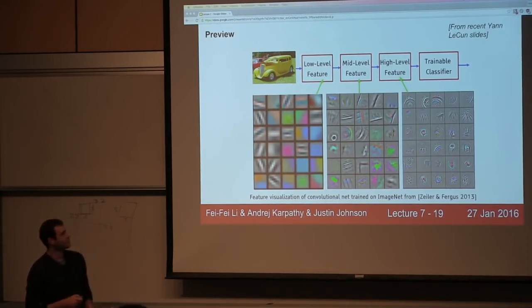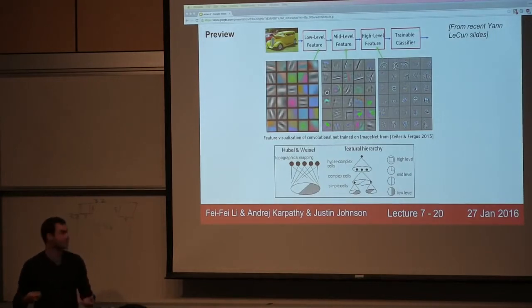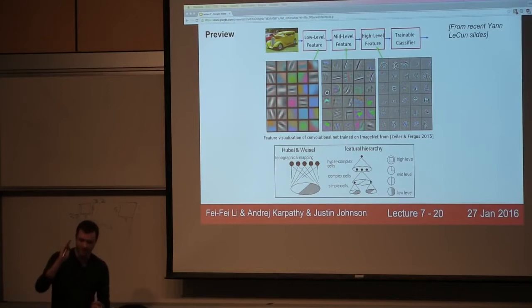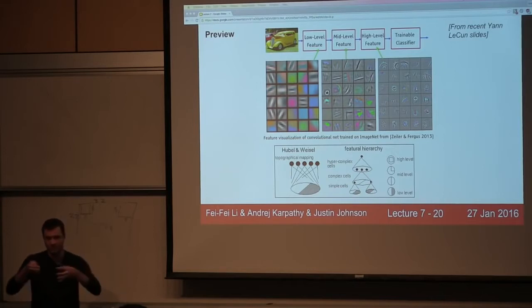And so you end up with an image that's very similar to maybe what Hubel and Wiesel may have imagined, where you have these simple cells looking for, for example, a bar of a specific orientation somewhere specifically in the image. Okay? And then we're building up the hierarchy of these features and composing them together spatially to get more and more complex responses of different kinds of objects and so on. And so to put this another way,